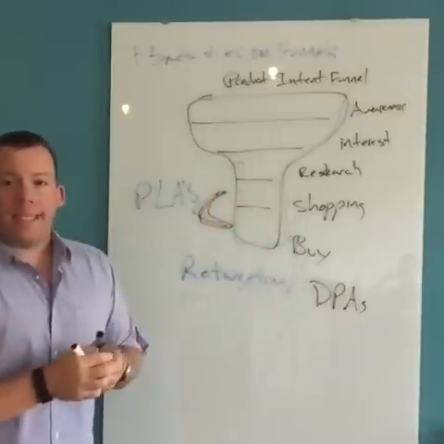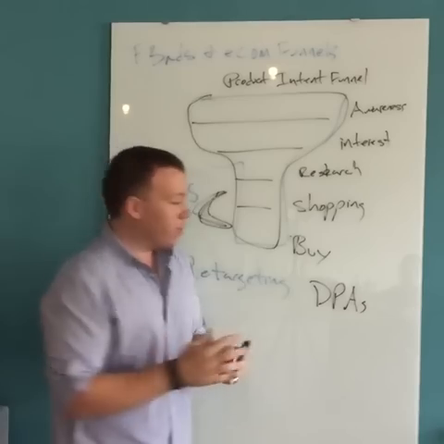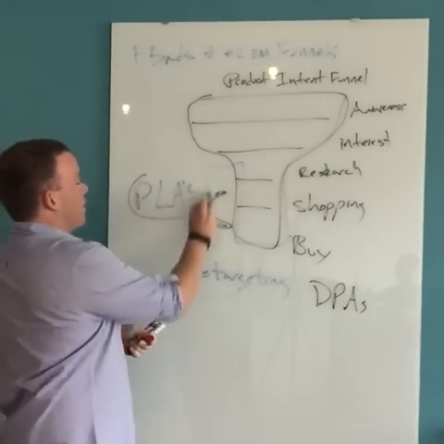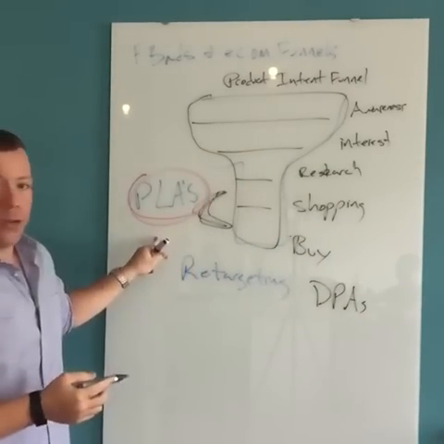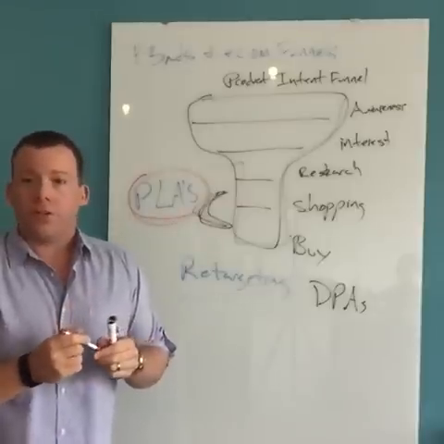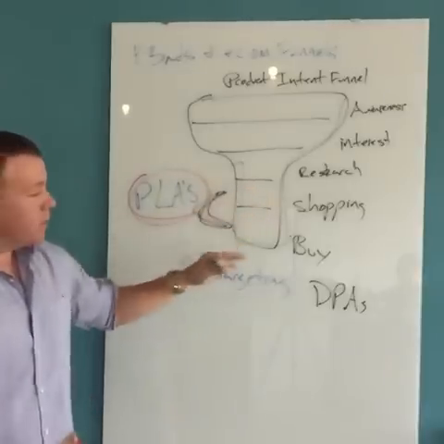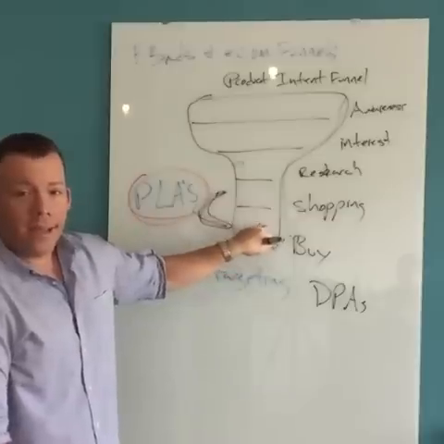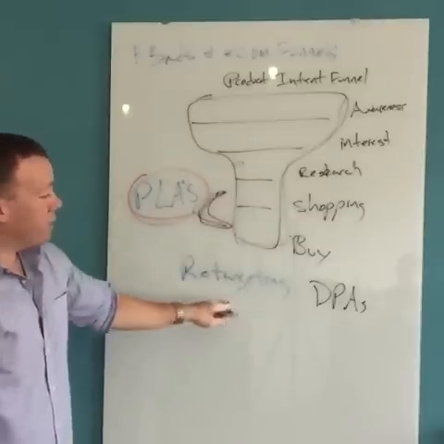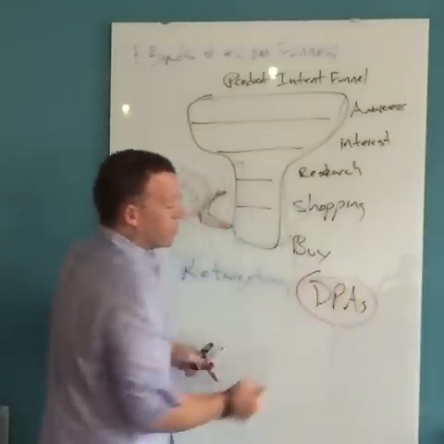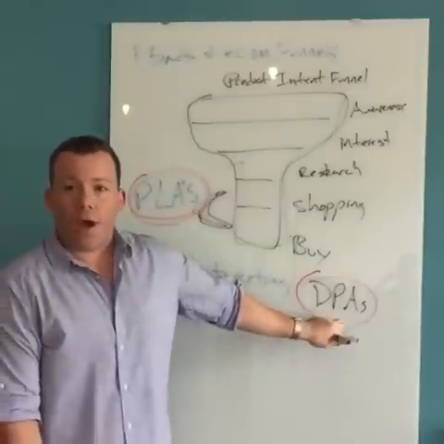So the two main ad types for an e-commerce funnel, for a dropship funnel, we have up here our PLAs, and this, by far, I've talked about it so many times, is the highest converting source of traffic, being right on Google. The person comes to our site, they're searching for specific keywords, they're in shopping or buying mode. If they don't buy, that's when we start showing them ads on Facebook, and we do that with DPAs. It stands for Dynamic Product Ads.